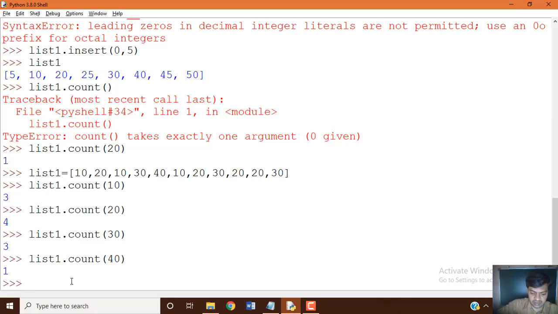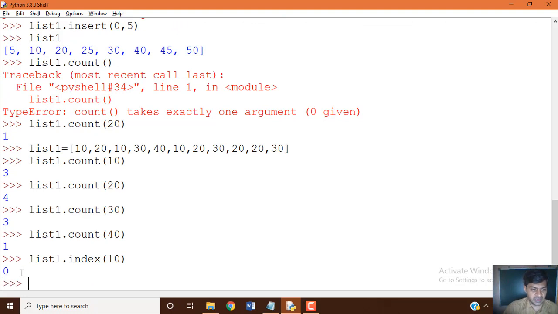Already we saw that a variable name followed by a subscript or index number retrieves the data item. list1.index of a data item, for example 10: if a particular data item is available more than one time, the index number of the first occurrence will be given as output. 10 is available multiple times, at positions 0, 1 and 5, and it gives you the first occurrence. Yes, you can see 0.